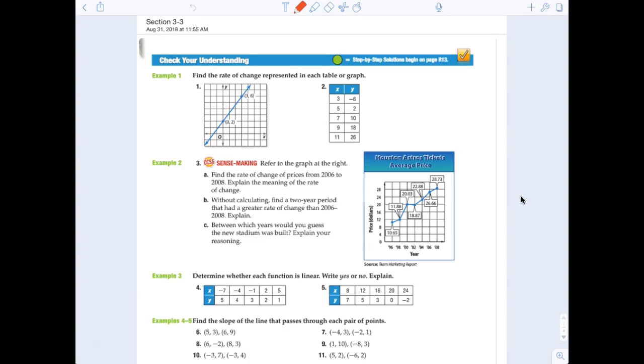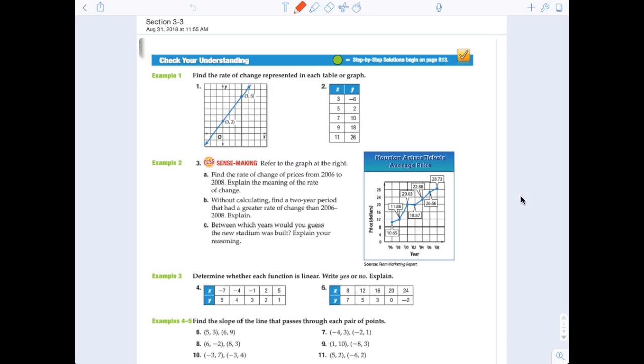Now, how do I know the difference between two lines? Well, the difference between two lines has to do with the slopes. Slopes are different. So if the slopes are different, you create different lines. Everybody with me on that? So the most important thing for graphing a line is understanding what slope is. Now, slope is basically defined as a rate of change.